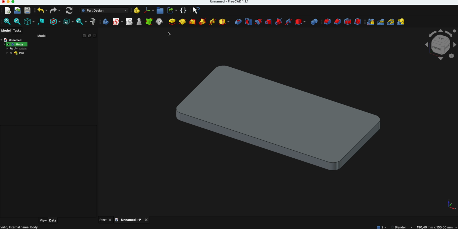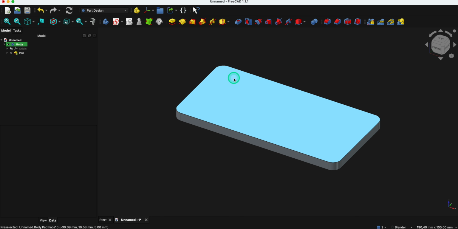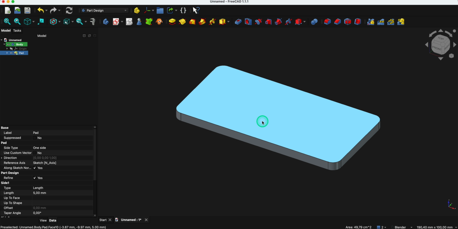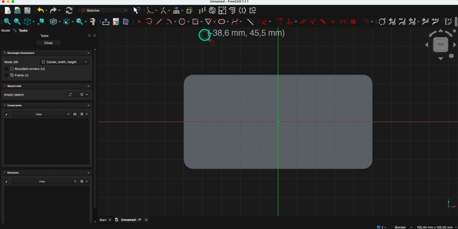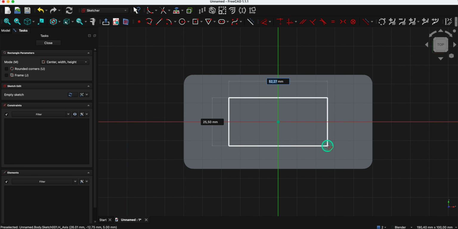And now we will create another fragment of the solid. We will also do it based on a sketch, but this time we create the sketch on this face. Select this face, choose create sketch. And here we will start by drawing a rectangle like before. We choose this command. We place the center point of the rectangle here, and as the rectangle dimension we enter 80 by 30